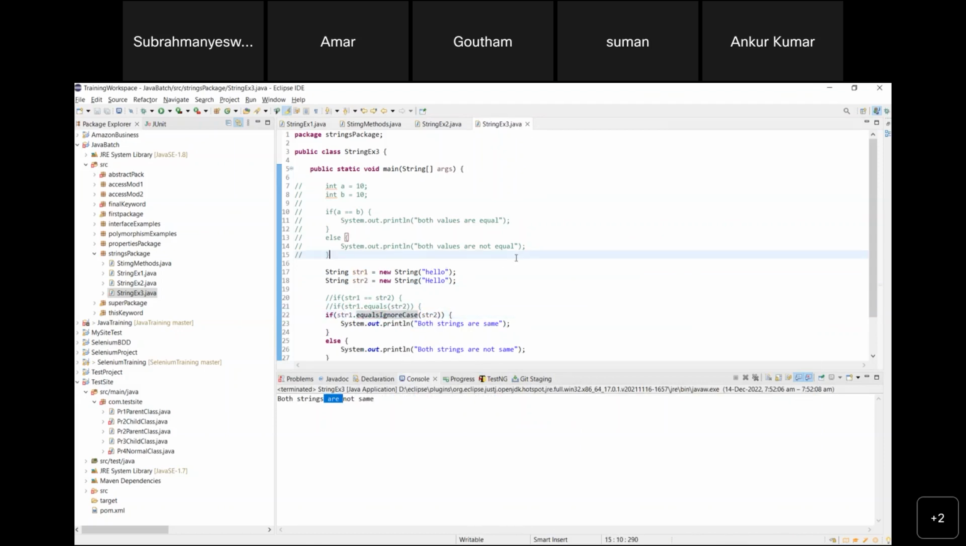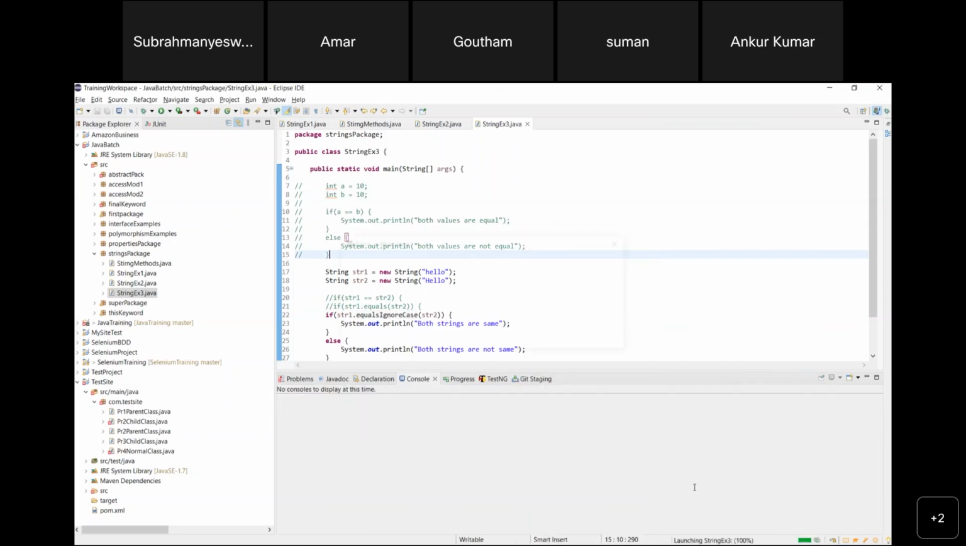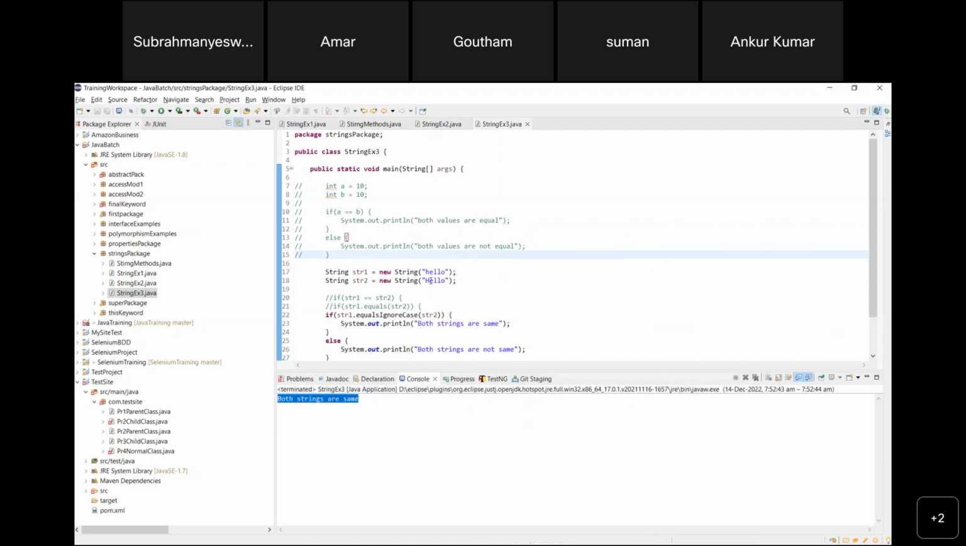Now if we run this as a Java application, yes, both strings are same. That means it is ignoring the case here. The first one is small caps hello, and the second one is